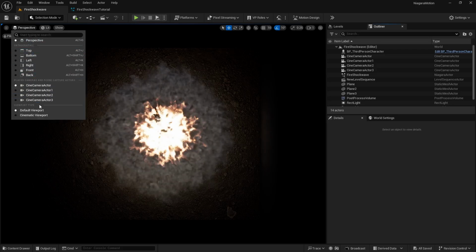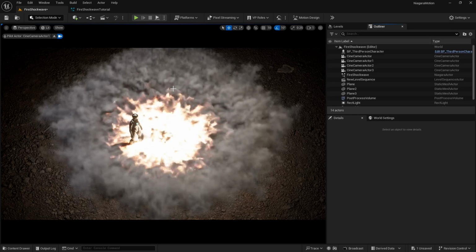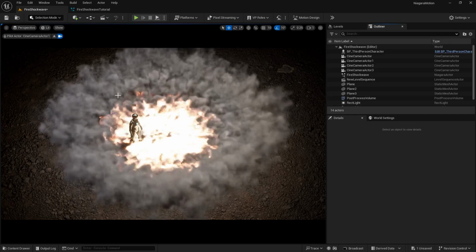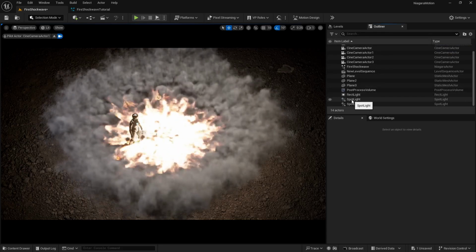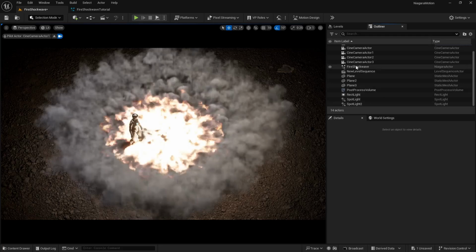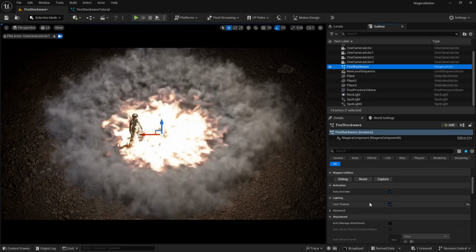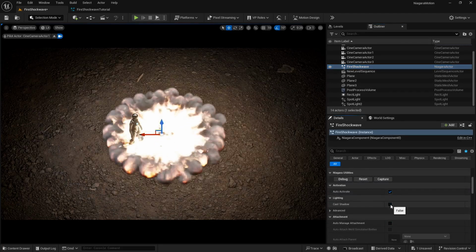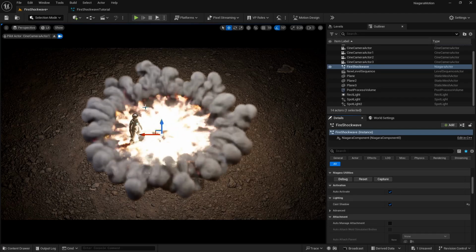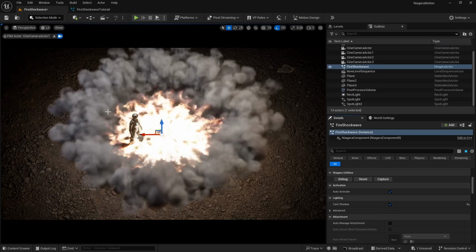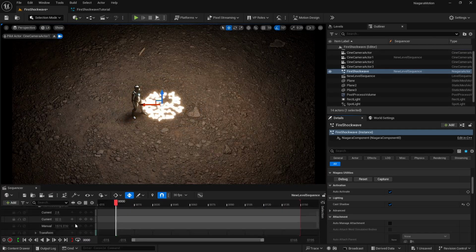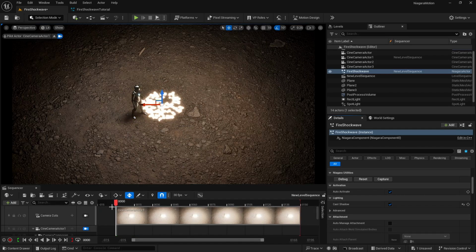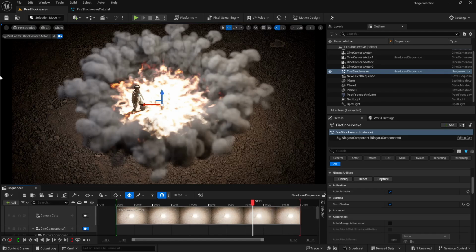If you want, you can change the camera as well to see different results, and this is the result that I am getting. And there are some lights. Just make sure that you enable cast volumetric shadows, or else it is not going to look good, and make sure that your particles are also casting shadows here. If you want to render this with path tracing, you can do that as well. If I open my sequencer here, you can see I have rendered it out using the same method. If I click here, now you can see the result. So this is how you can do this.